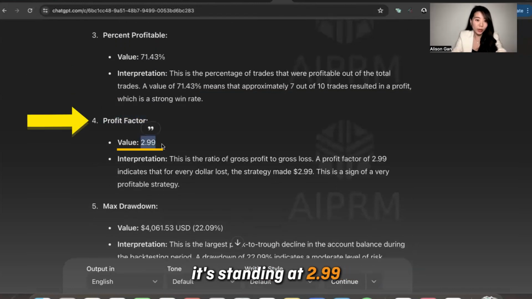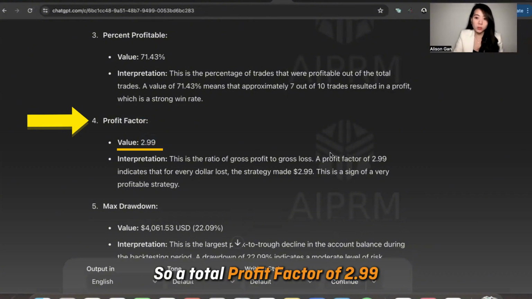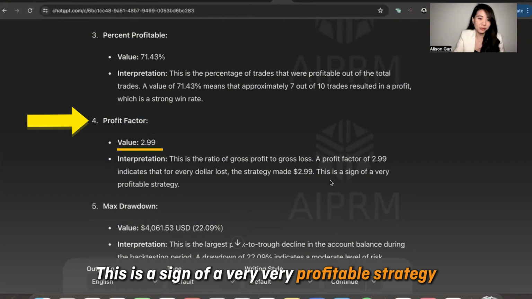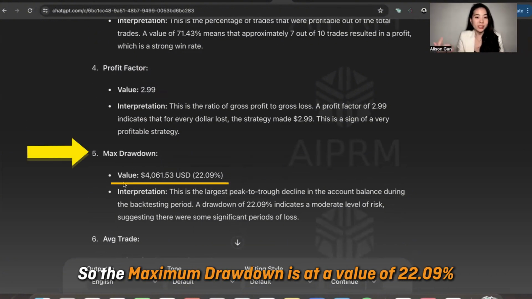It's standing at 2.99. This is the ratio of the gross profit to the gross loss. So a profit factor of 2.99 indicates that for every dollar lost, the strategy actually made about $2.99. This is a sign of a very, very profitable strategy. And let's look at the maximum drawdown. So the maximum drawdown is at a value of